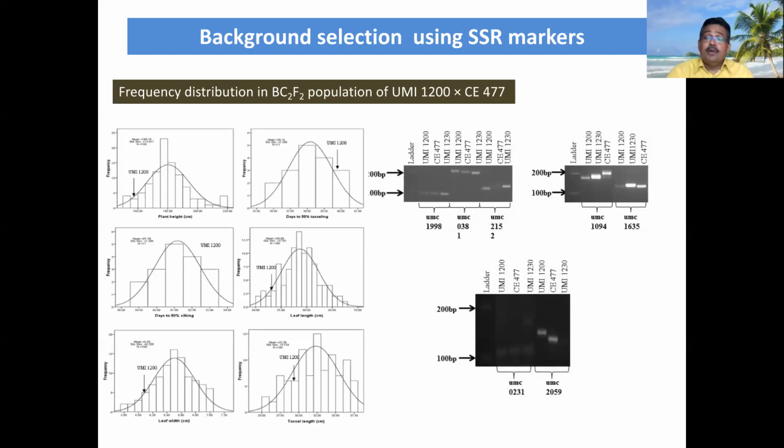That's why in many cases people always talk about foreground selection and background selection. Foreground selection is the terminology normally used to select the trait of interest. Background selection means the background of the genome: in every backcross generation, the background genome is integrated, and in the selected progenies you have to check it. For that, you have to do SSR marker screening, not on one chromosome, but at least 10 markers per chromosome. There are 10 linkage groups, so at least 100 markers you have to use to select the recurrent parent genome.